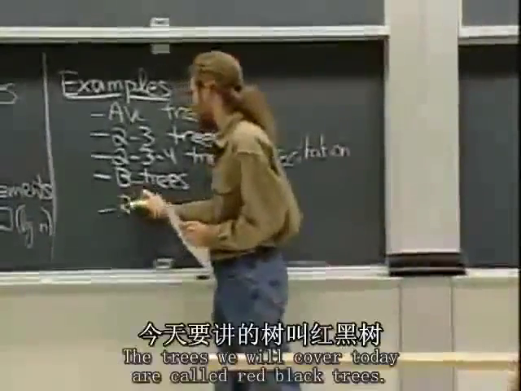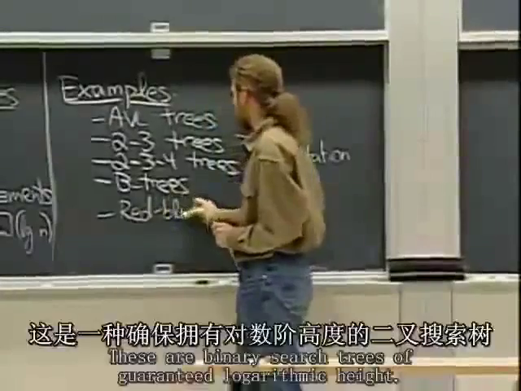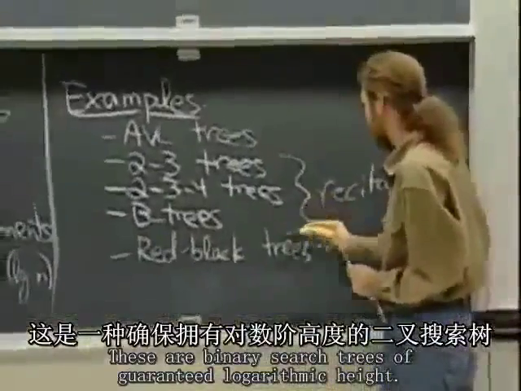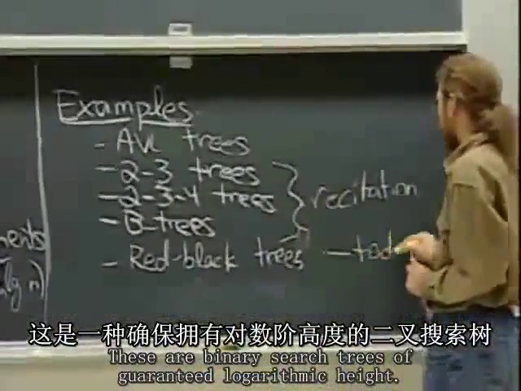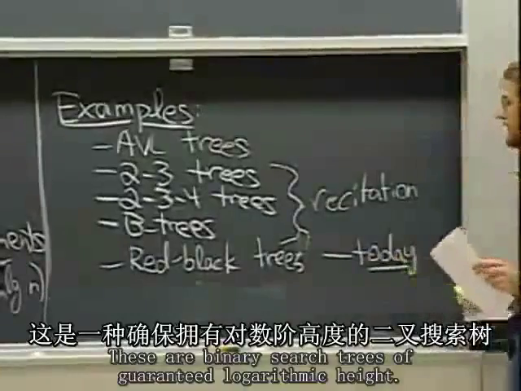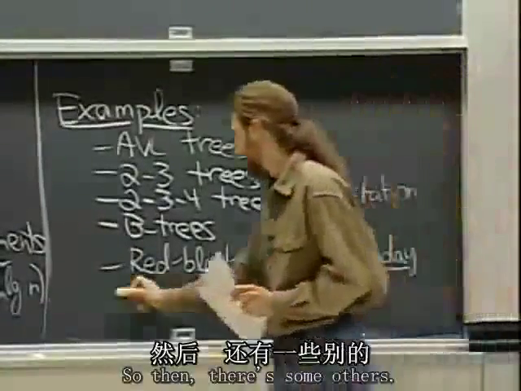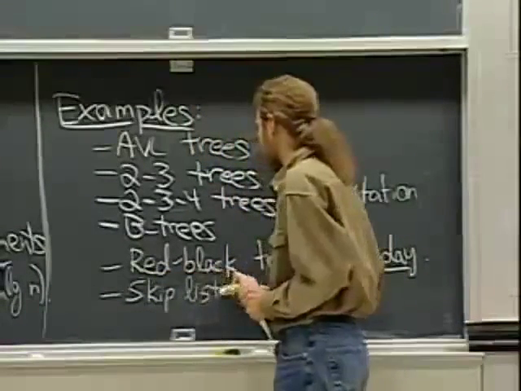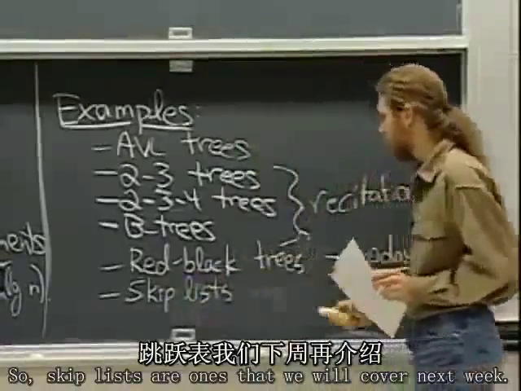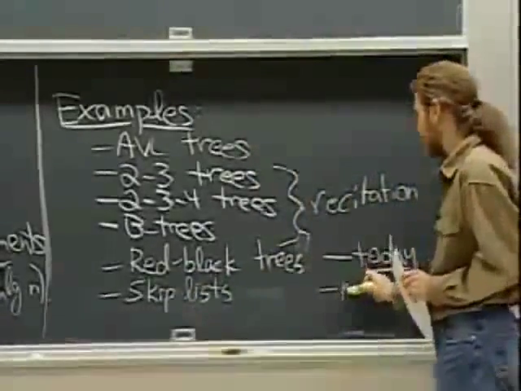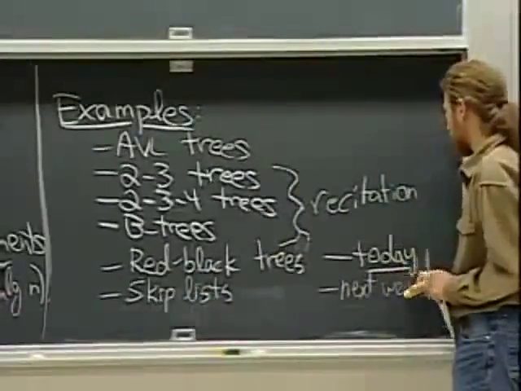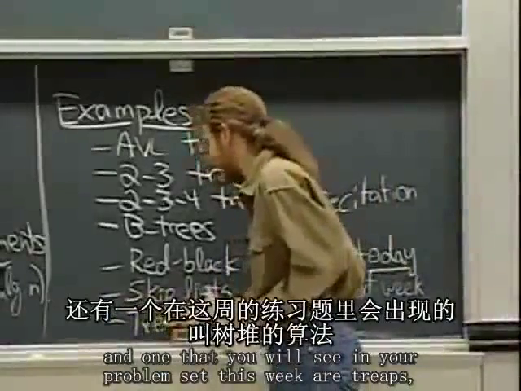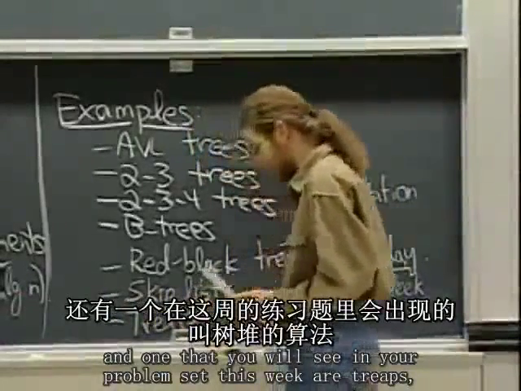The trees we'll cover today are called red-black trees. These are binary search trees and of guaranteed logarithmic height. Then there's some others. So skip lists are ones that we'll cover next week. It's not exactly a tree, but it's more or less a tree. And one that you'll see on your problem set this week are treeps,